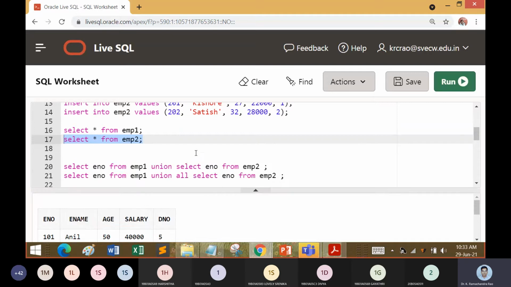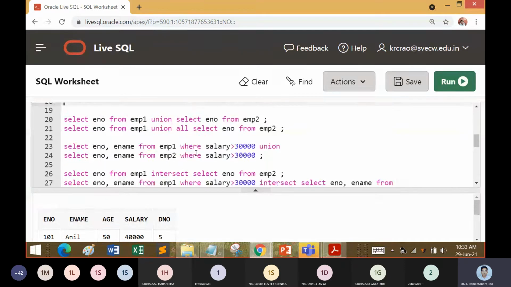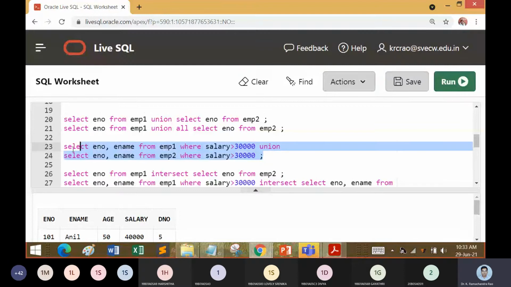The answer will be: there are two records from the employee 1 table, and only one record meeting the greater than 30,000 condition in the employee 2 table. So altogether, if I execute this query, I should get only 3 records. Let us see whether this interpretation is correct or not.